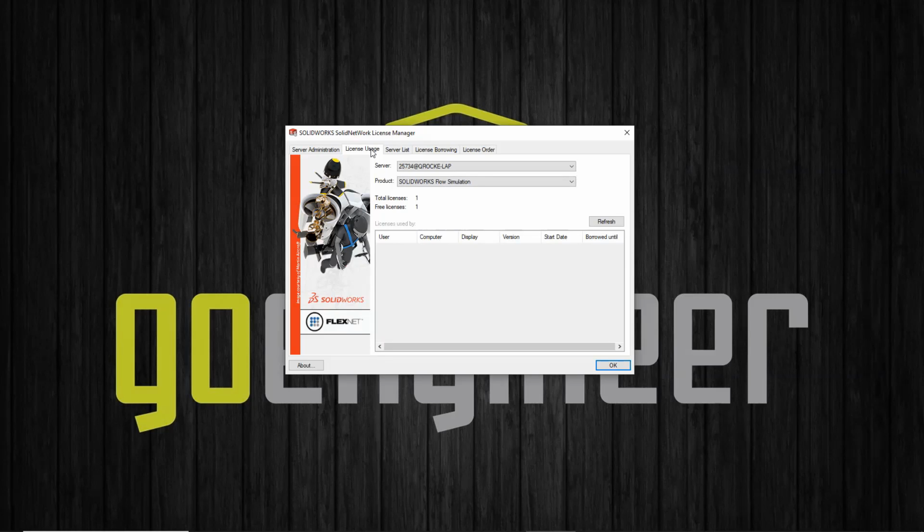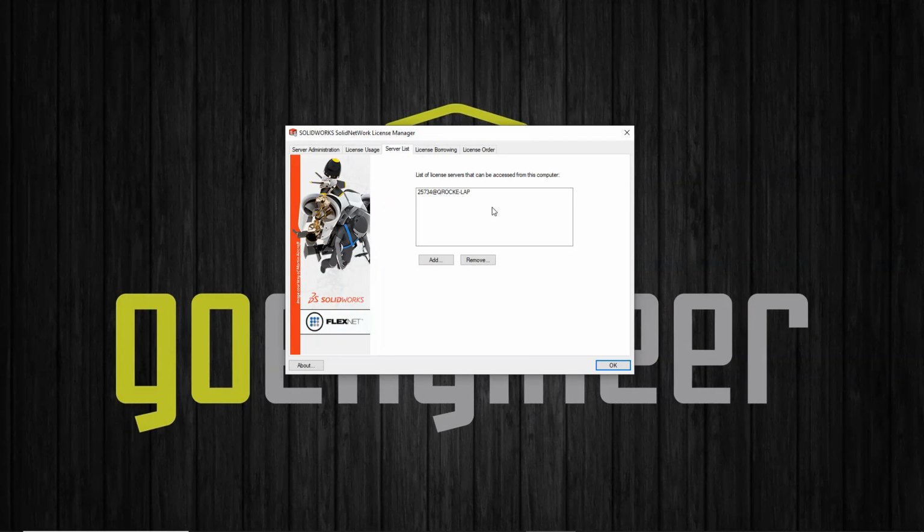Launch the SolidNetWork License Manager to see who's using a license if you're not able to obtain one. Server list, this is where you add the servers, the names of the server. So in this case, I only have one to add, but you could add multiple license servers. On a technical level, you can add multiple license servers as long as you can speak to them through that